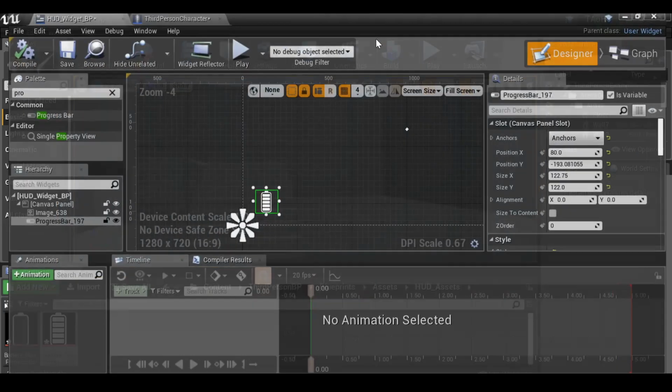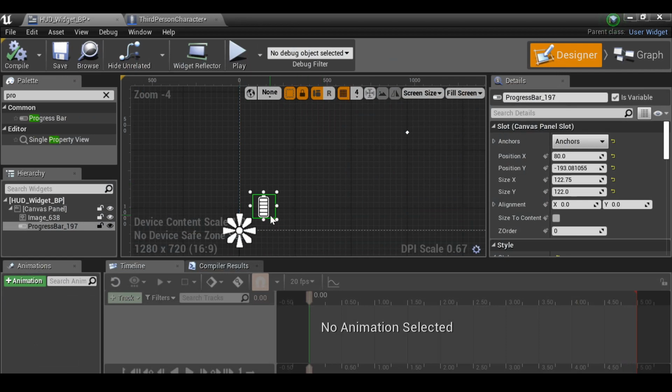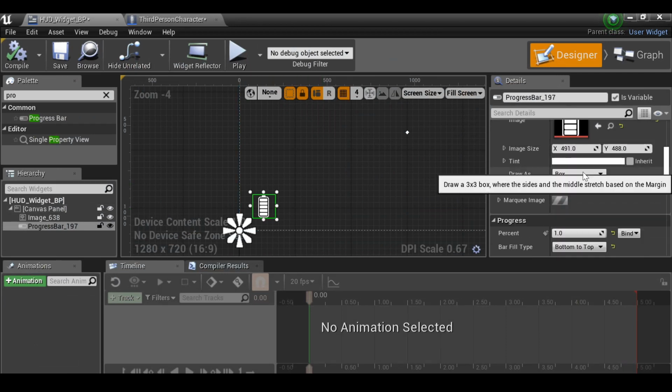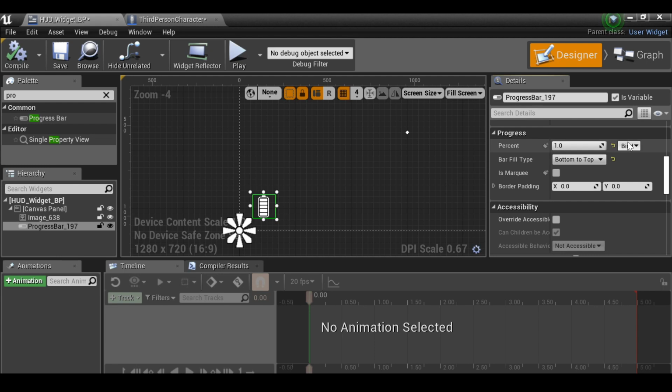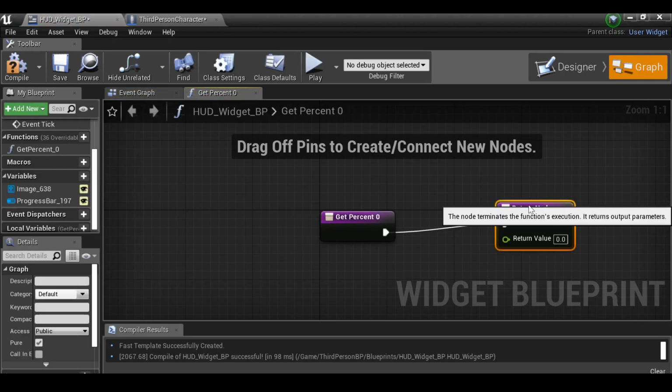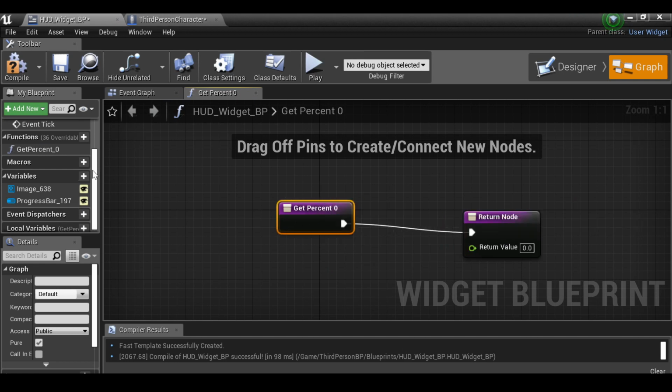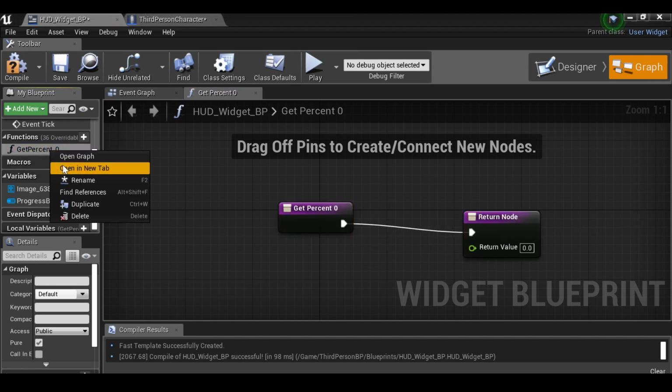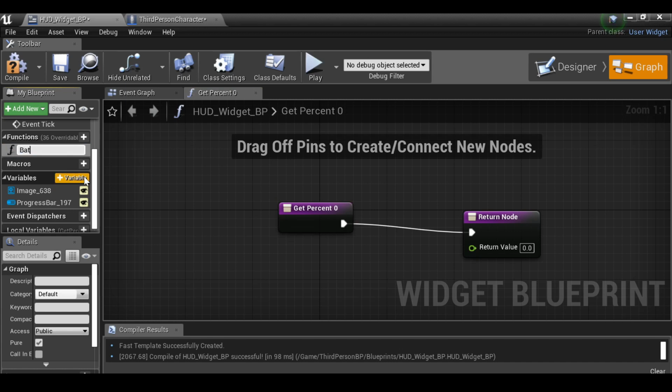So let's go back to the blueprint and actually start adding the functionality. So for this, it's pretty simple. Let's go down where it says %. We need to create a binding. So click this button here, create binding. So now we have get %0. We can always rename this if we want, so we know what it does. And this is the battery